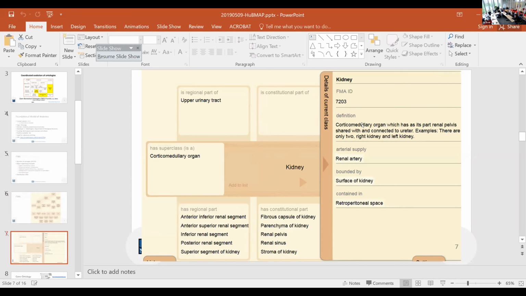What's important is that there's also anatomical knowledge built into it. For example, what's the vascularization, what's the supply for a given organ, and also types of relations that go way beyond is-a and part-of, such as adjacency relations,